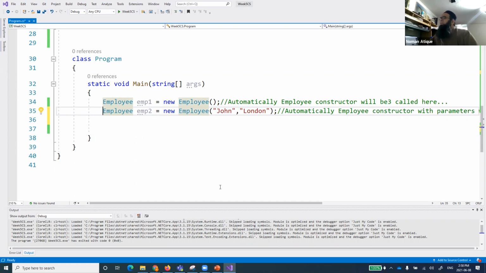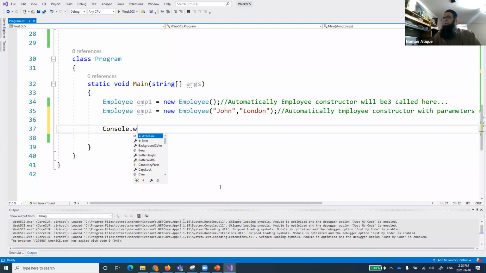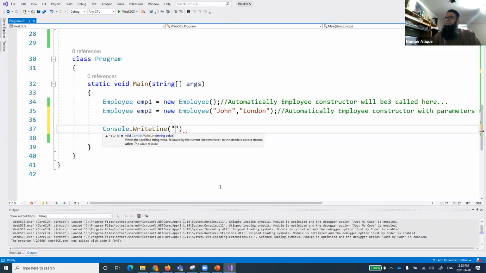If I don't want to call the function, can I do something like that? Please let me know. Write ln, and I say employee 0 lives in 1, comma.